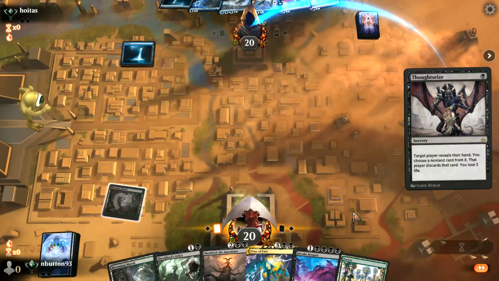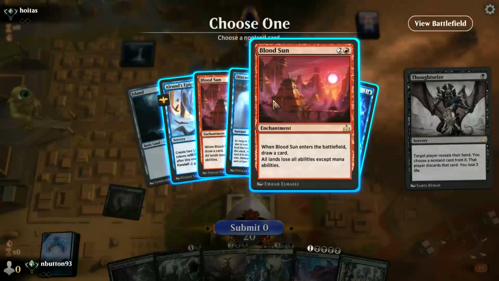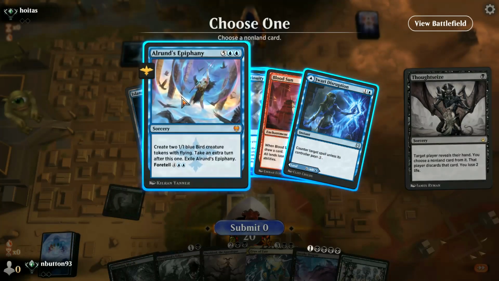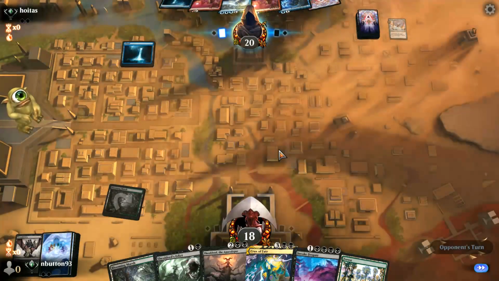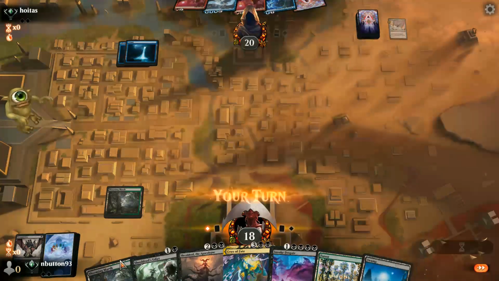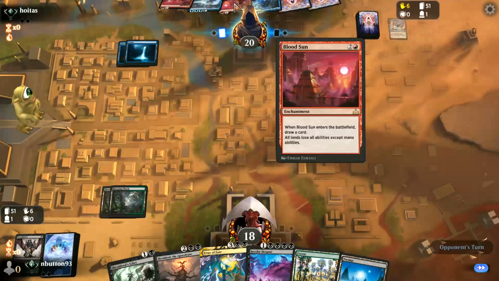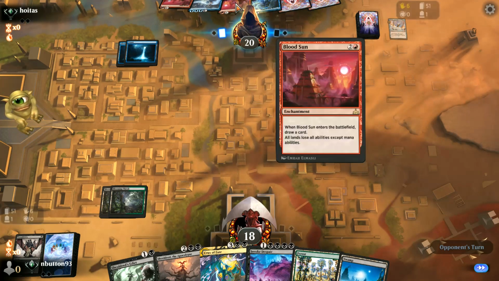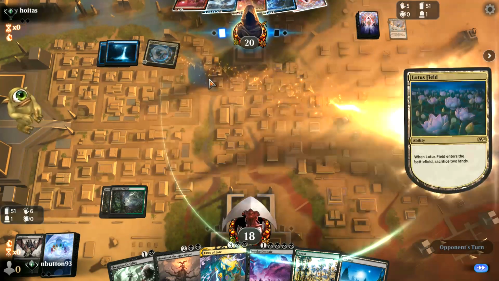Thoughtsea is the opponent. Okay, lands lose all abilities. Well, let's take their Ulrun's Epiphany before they can get it out of their hand. So this is an alternative Lotus Field deck, so this essentially turns off...